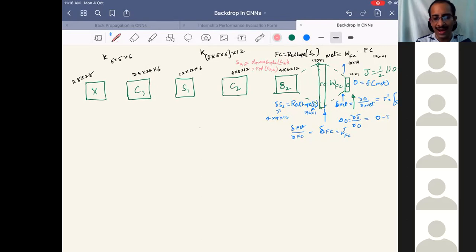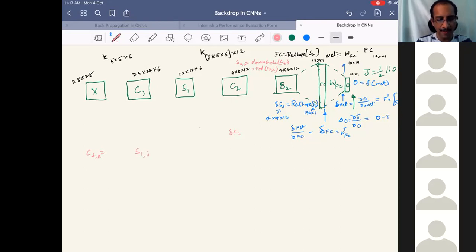So what do you think will happen when we write delta C2 now? Delta C2 I want to write. Assuming that there is no activation function in layer C2, though usually there will be an activation function. As we have seen in the forward pass, how did we write C2? C2K map of C2 is written as how? We are coming back because we already discussed this.